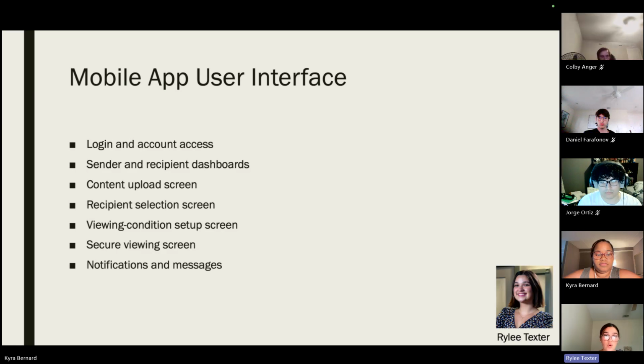Recipients will see the requirements associated with the file before attempting to open it. The interface will clearly indicate which conditions are satisfied and which still need attention. And if access is denied or suspended, the application will explain the reason instead of just showing an error. And we can move on to the next slide.